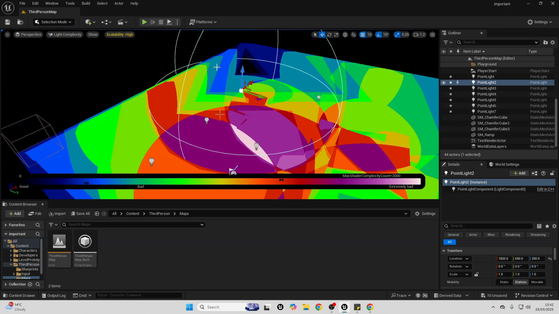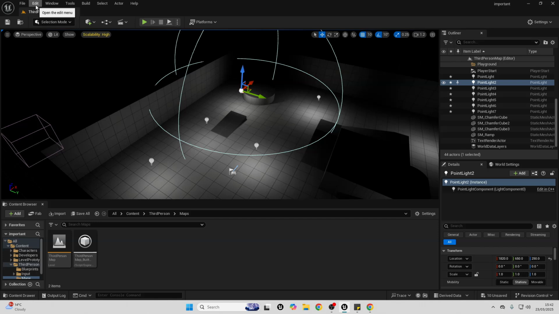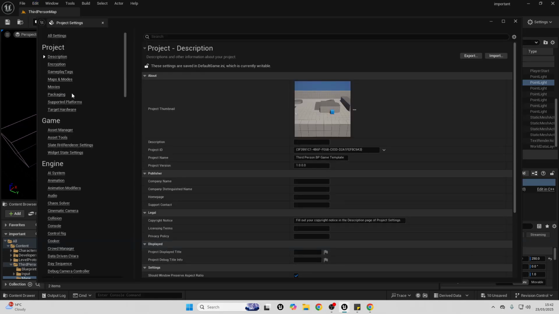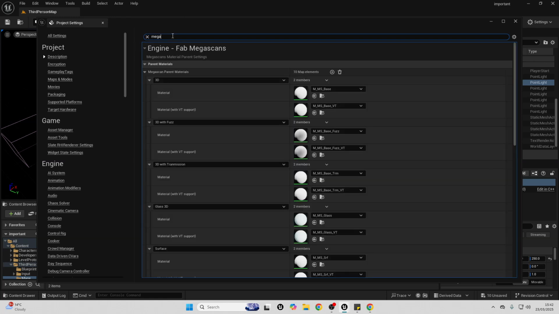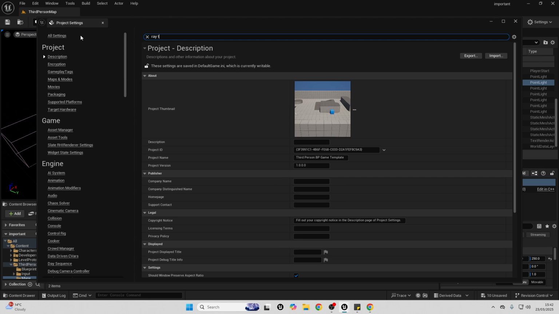So to enable MegaLights is very simple. I'm first just going to change this back to the lit, and I'll go over to edit, then over to project settings. Then if I just go to the search and I look for MegaLights, and I just want to check this. Then MegaLights uses ray tracing, so we just want to look for ray traced shadows